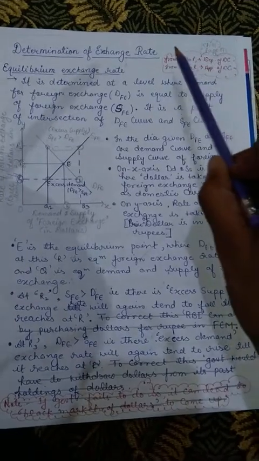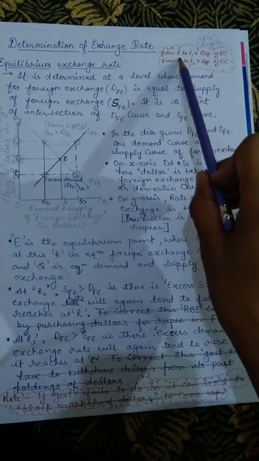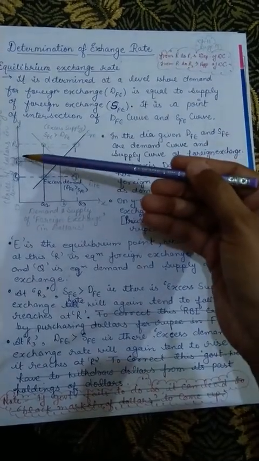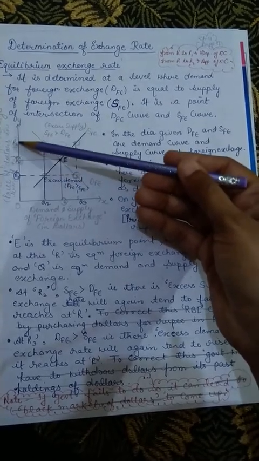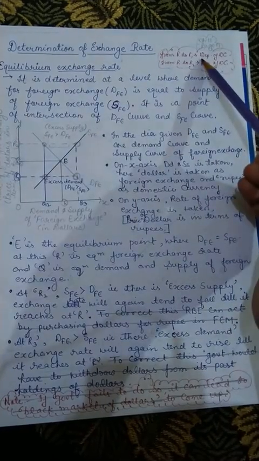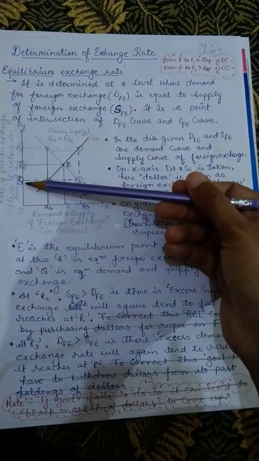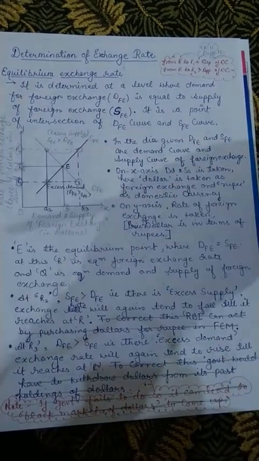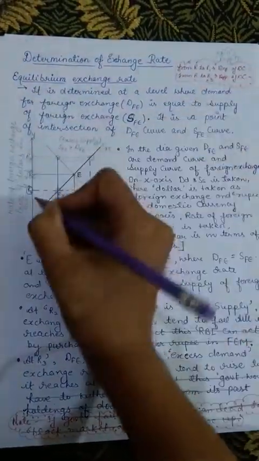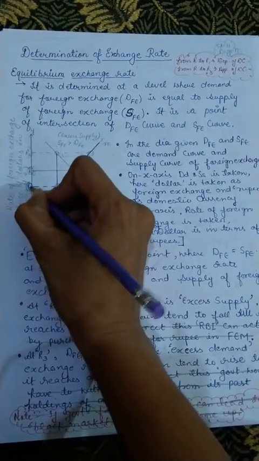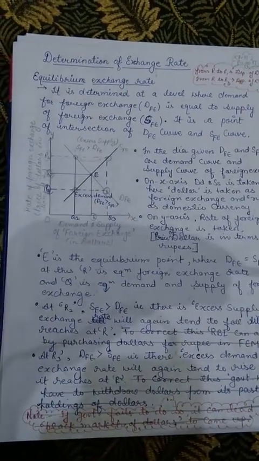So finally we have come to this conclusion, which I have marked here with a red pen. From R to R1, whenever we are having a position like this, where prices are going above the equilibrium, there will be a depreciation of domestic currency. And whenever we are having the price below that one, that can be R3, I have taken by mistake, so here I should write R2. So this will be an appreciation of domestic currency.